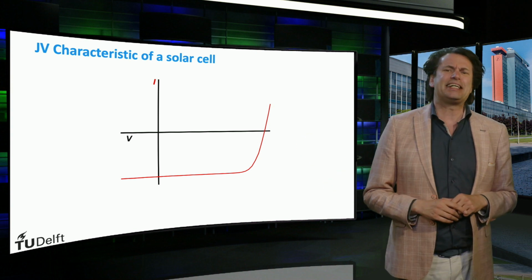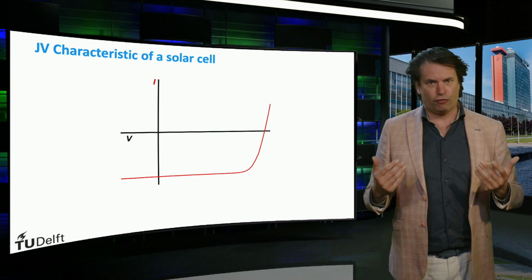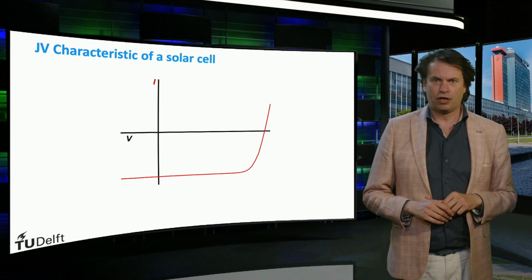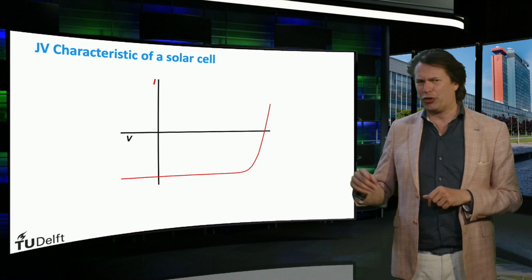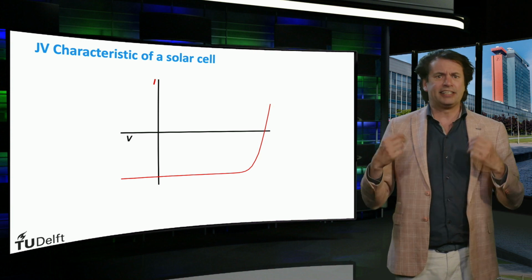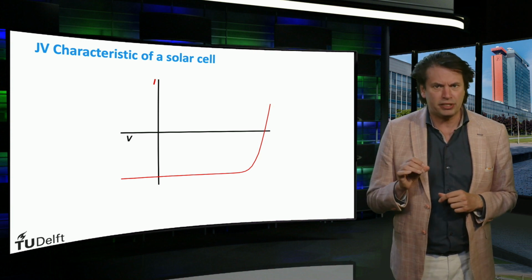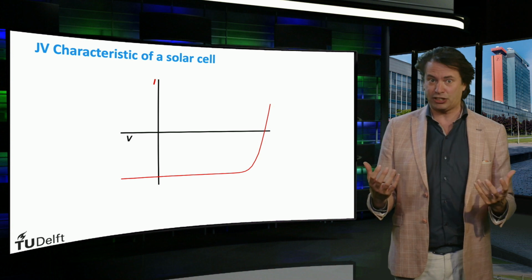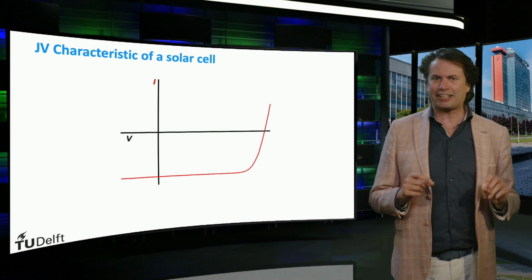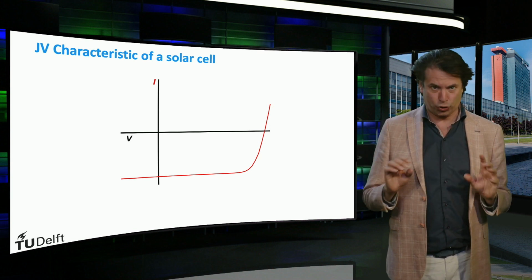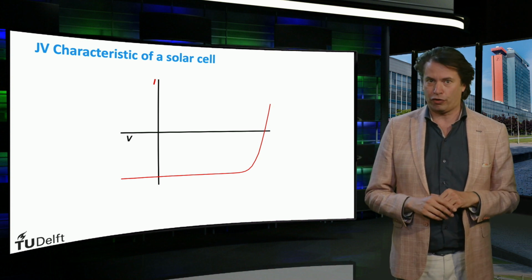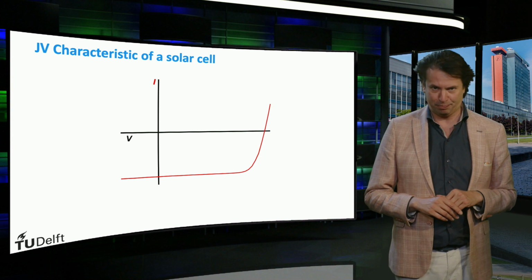Here we can see a typical current versus voltage characteristic of a solar cell under illumination. First off, we can see that the curve passes through the x-axis, the horizontal axis. Since current is 0 at this point, it essentially represents the voltage a solar cell would exhibit when disconnected from any external circuit. As such, we call this point the open circuit voltage, or VOC.